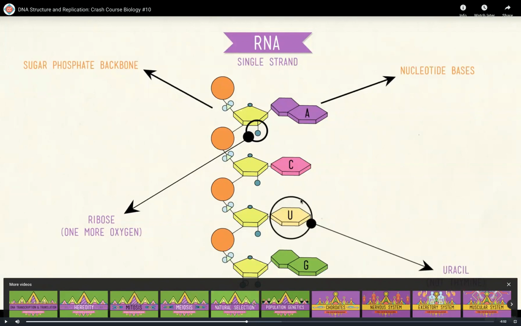But this is the real thing on exams, the uracil. So you don't have a T, you have a U. Okay, and the classic question that they always have is they'll have one strand of DNA. They'll ask, what is the matching strand for RNA? And remember what RNA is. It's going to take the DNA code and it's going to translate it. It's going to messenger it to